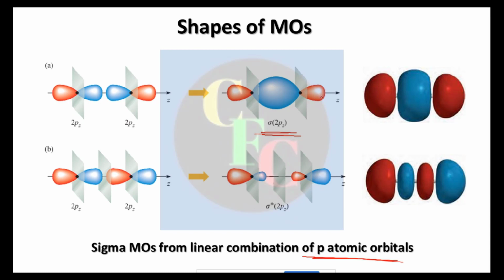And again, see, along the bond axis, if you rotate it, the symmetry will be the same, right? It will not change. As such, we name it sigma. And this sigma is denoted as σ2pz. This means this is formed by the combination of two pz orbitals. That's why the shape is like this. We have, see, an increased electron density here in between the two nuclei. This is shown with this blue color, right?